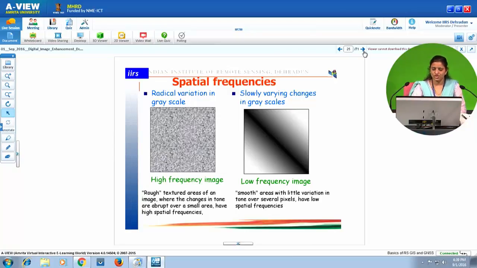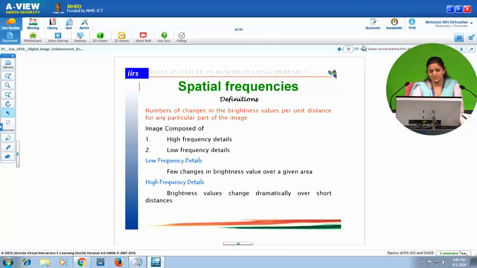Areas which have slowly varying changes in gray level are the low frequency images or smooth areas with little variation in tone over several pixels. So this is how spatial frequency is defined: the number of changes in the brightness value per unit distance for any particular part of the image.